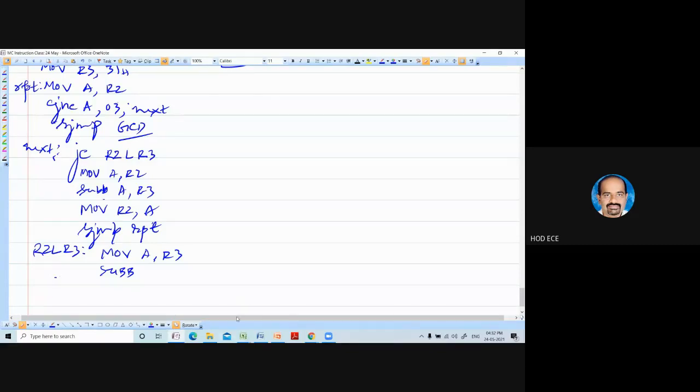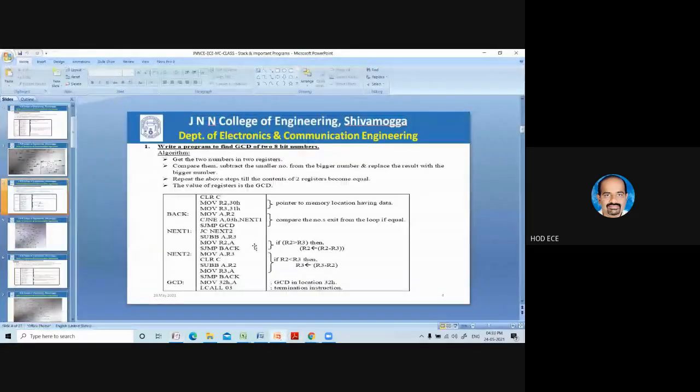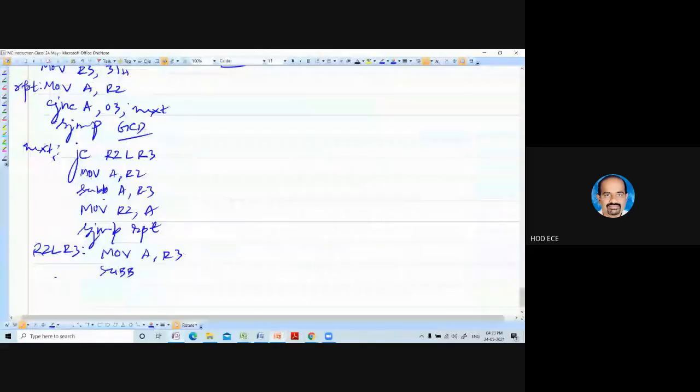See the program, very, very important. That's what. SUBB A, 33. Result back to A. So actually A is already moved, no? Accumulator is having R2. You need not write. So every time don't forget clearing carry. That's very important. Clearing carry you should not forget. That I will add later.